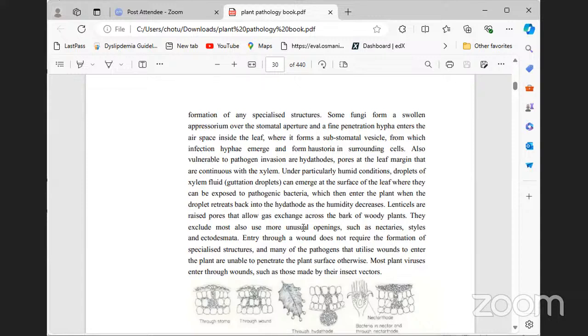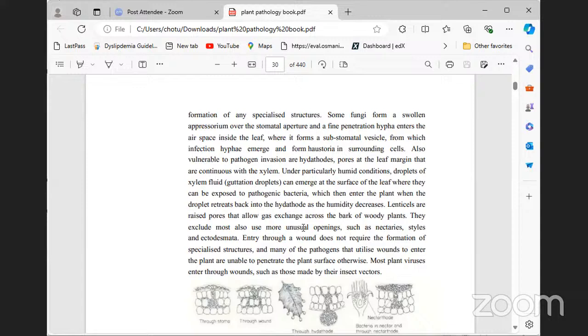Next one, ectodesmata, is an example of the unusual openings. These three examples are the most important unusual openings. The first is called the nectar. The second one is the style. The third one is the ectodesmata. Entry through a wound does not require the formation of specialized structures, and many of the pathogens that